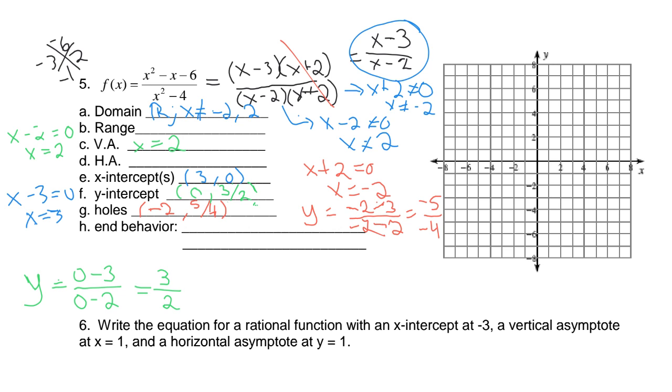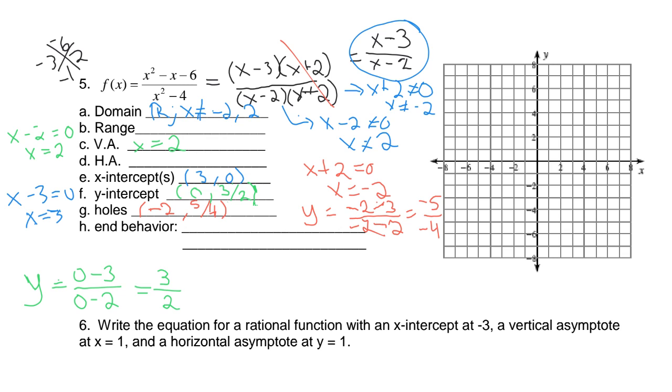Excellent. There we go. So there's our y-intercept. Our last two things are horizontal asymptotes and end behavior. The horizontal asymptotes and the end behavior are always related. So let's start by finding the horizontal asymptote. If we look at our simplified equation, or you can look at the original one, either one works, we have